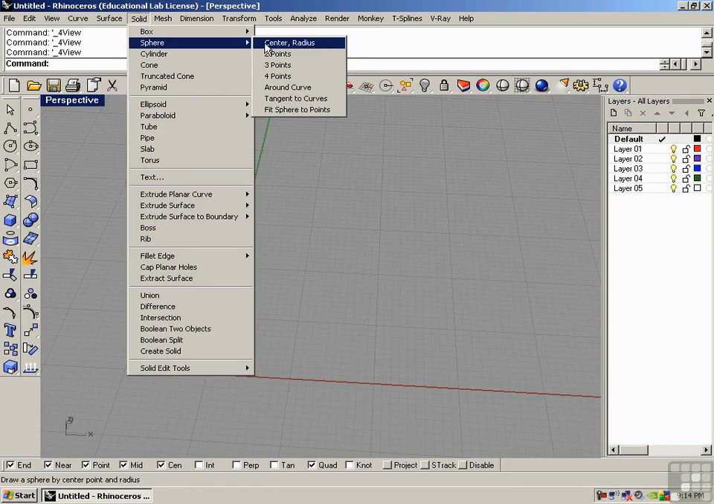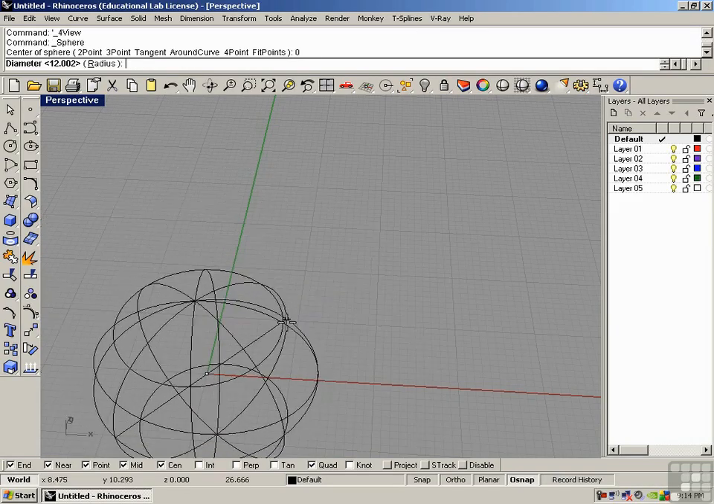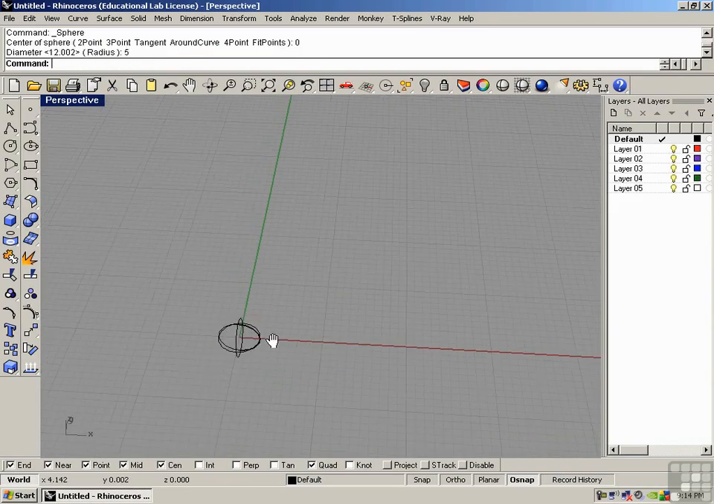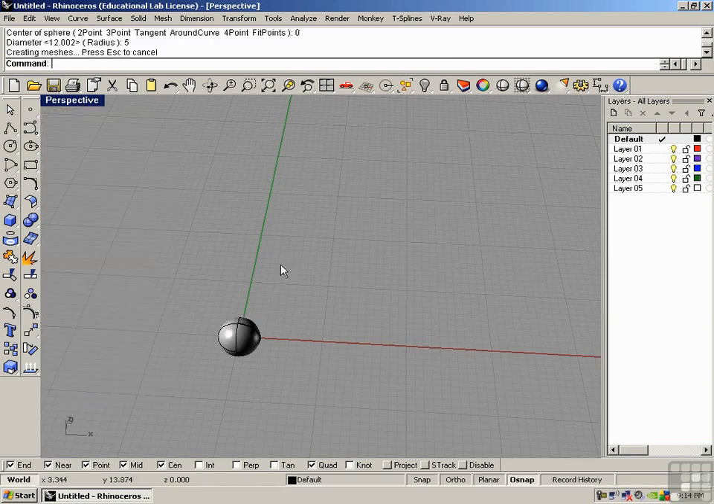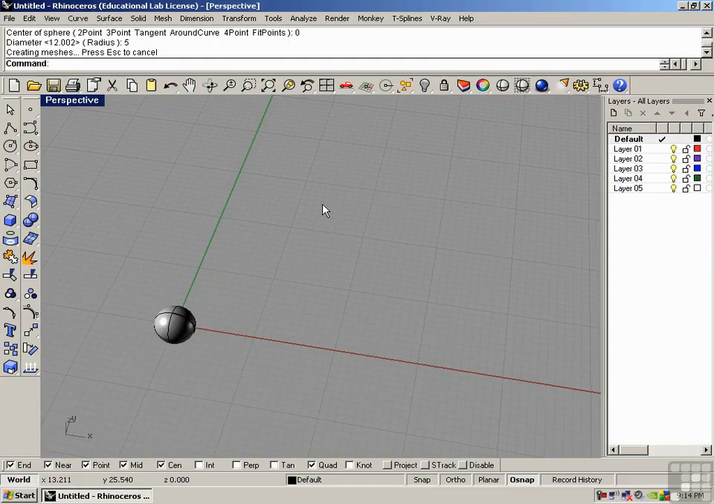a sphere. Center radius. I'm going to use the 0 point as the center of the sphere, and we'll draw the sphere at 5 millimeters. Go ahead and shade this in. We have our sphere. So I'm going to draw a collection of spheres, or an array of spheres, in a